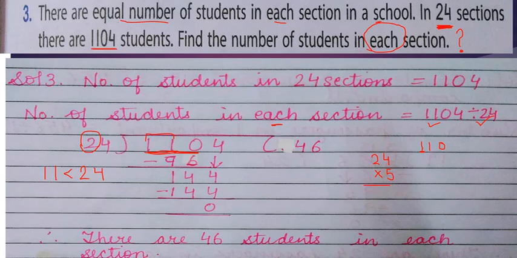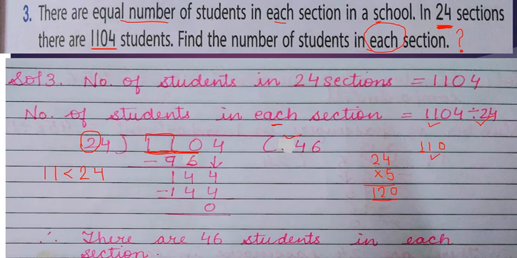बिकॉज अगर हमने डिजिट डिसाइड कर ली देन इट्स नॉट दैट हम क्विकली अपना आंसर सॉल्व करेंगे. No, this is just a guess work, और हम गेस करते हैं. आप 24 को 5 से मल्टीप्लाई करोगे, it will come 120. So 120 is bigger than 110, so that is why they have taken 4.